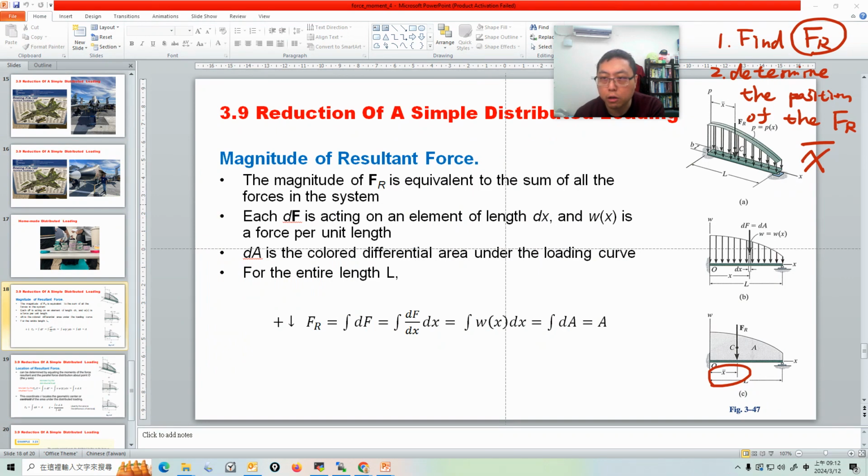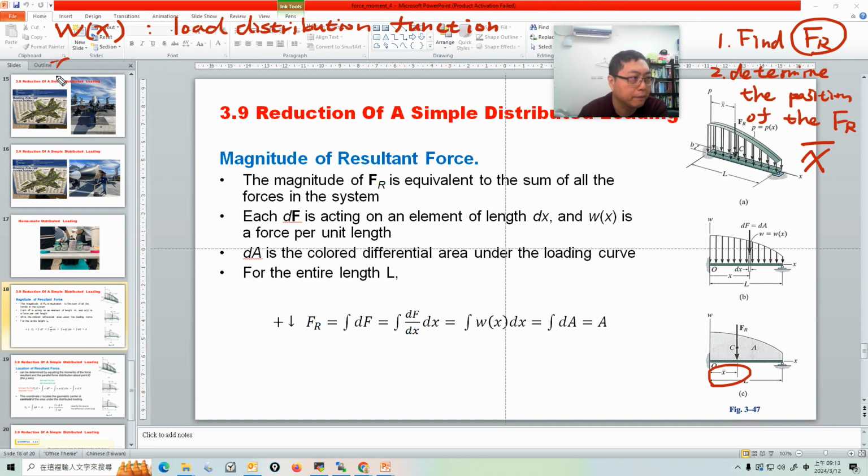For the distributed load, we have to introduce a new terminology called w(x). What's w(x)? When we have a distributed loading, we have a w(x). w(x) is the load distribution function. And w(x) is not a force. Be careful, w(x) is not a force. Its unit, for a 1D problem,